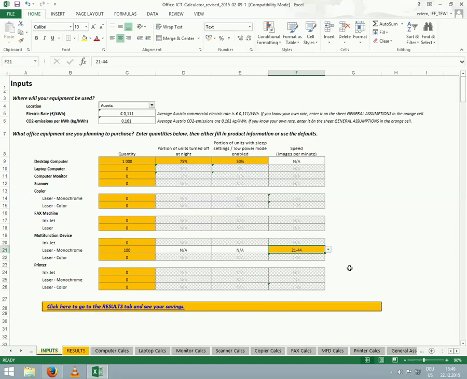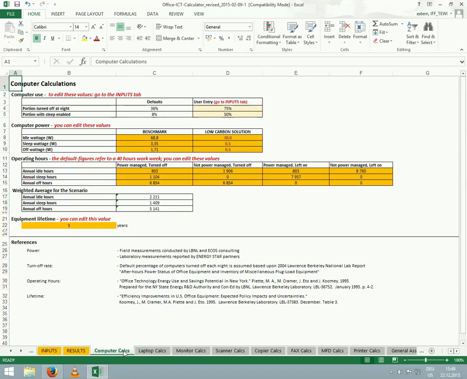Step 3. First, let's go to the worksheet for desktop computers called Computer Calcs. Notice that some of the cells on this sheet are orange. In these cells, we either review the figures already present or we add new figures. First, we have the computer power input in watts. So here we include the figures for the watt consumption of the different modes of the computer: idle mode, sleep mode, and off mode. We include new values for the low carbon solution, and we change the values for the